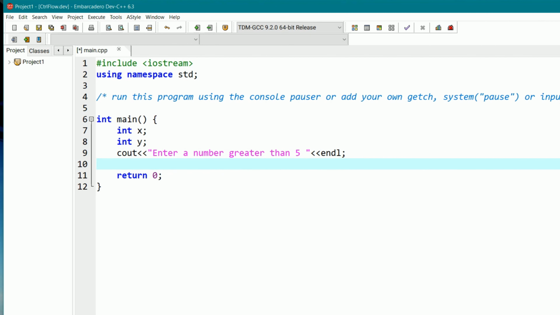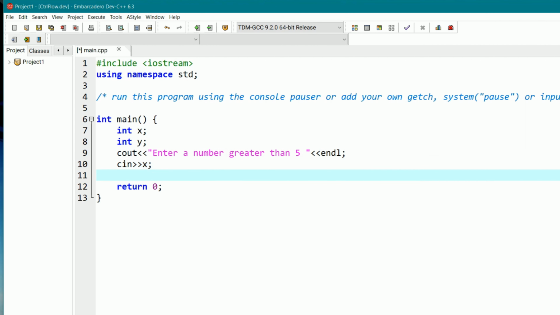And now it's time for us to place that number in our variable with the cin function. That's it. So now it's time for us to use our if statement. If x is greater than 5,